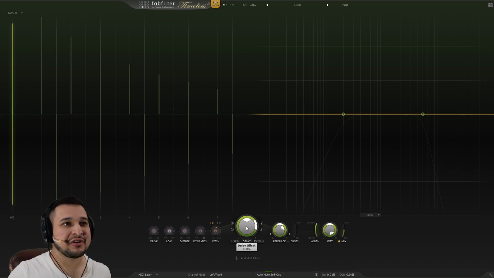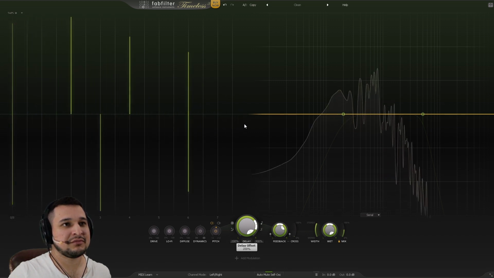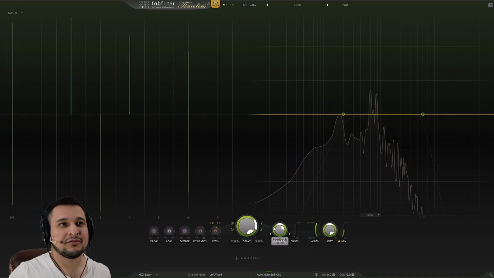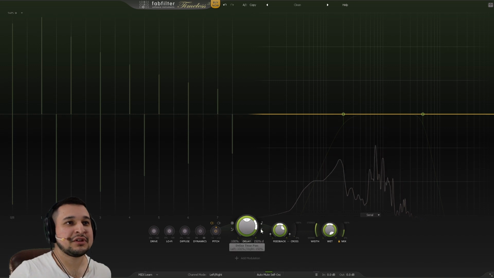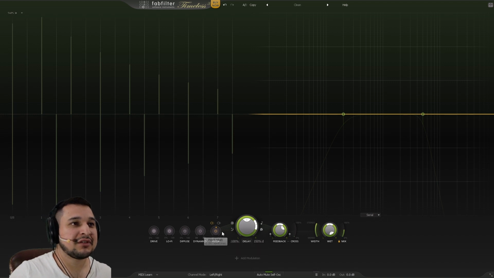It also sounds very, very clean. All right? So give it a shot, see what you like for your specific sound. Now, as I was saying, if I go back and use some of these effects,